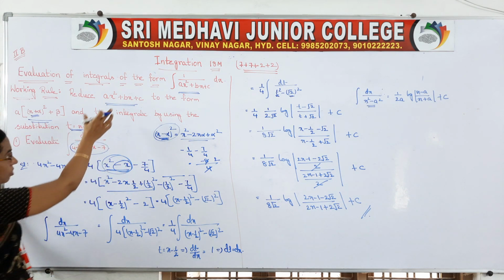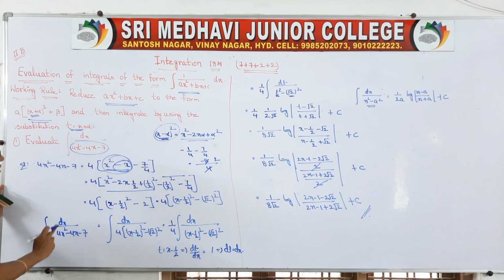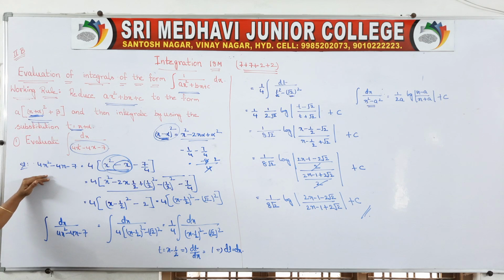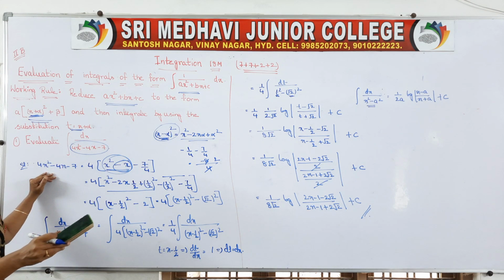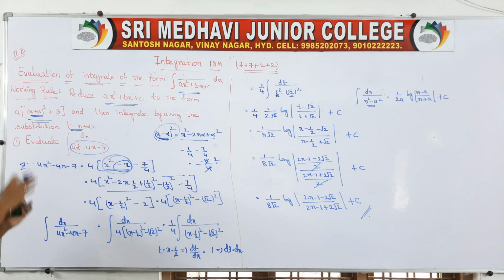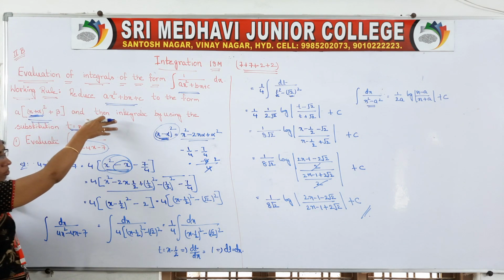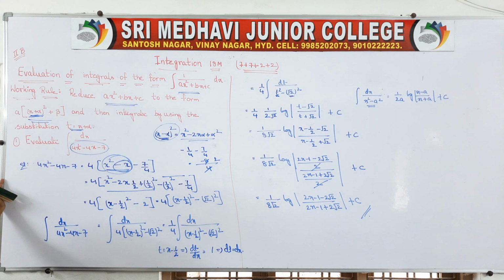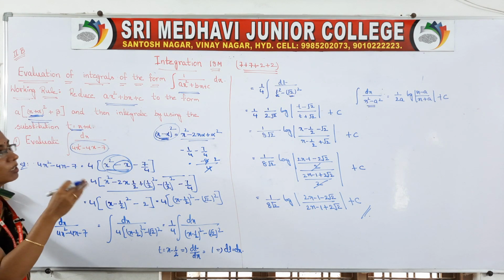So actually in this problem the slightly complex thing is to reduce this into this form. You should be careful with this form, right? So once again I am explaining, observe carefully. First observe the given problem. In all problems, 7 marks problems, they will give like this. If the problem is in this form, the working rule is this. If the problem is in another form, another working rule will be there. So first of all you have to observe the problem.